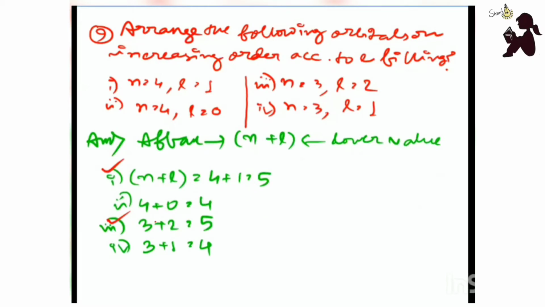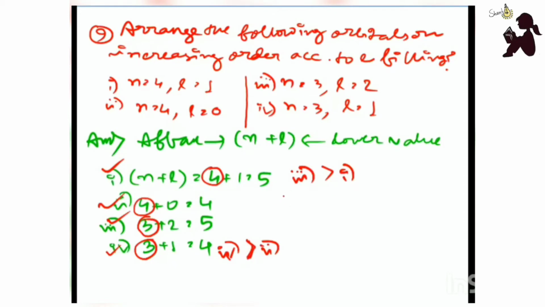So we can see that here 3 has one number more than 1 in case of n, so it will be 3 greater than 1 in case of electron filling. Now we will see that these 2 and 4 also have the same n plus l value, but you can see that here 4 has a lesser value of n than 2, so it will also be 4 greater than 2 in case of our electron filling.